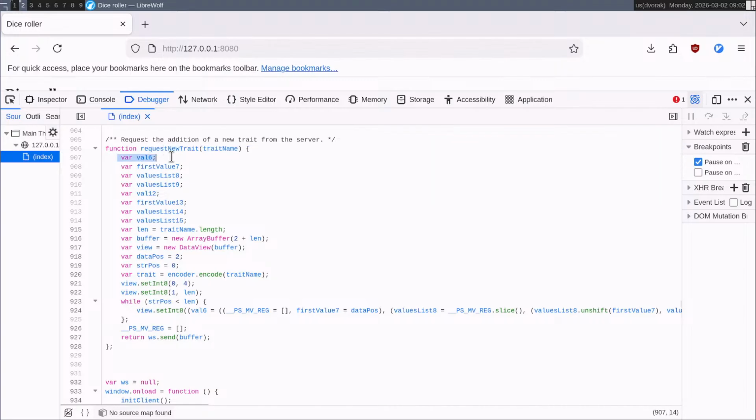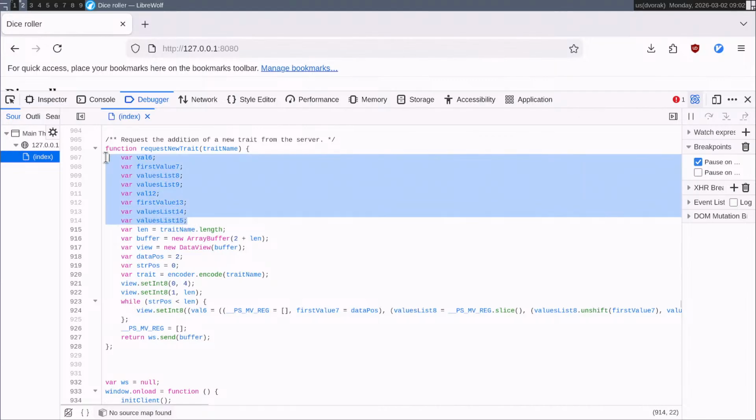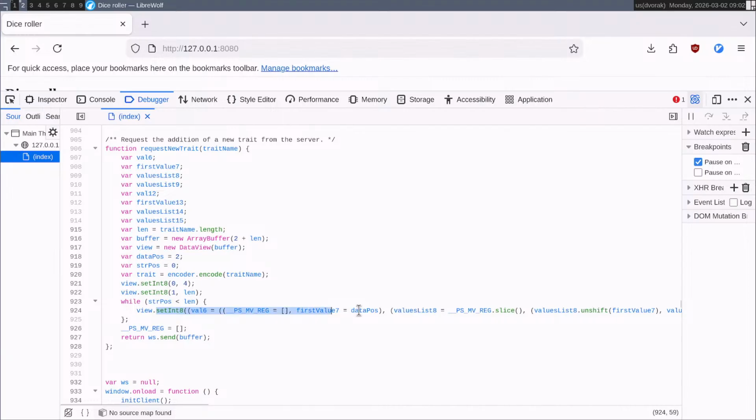I don't know what val6 is. I don't know what first value is. I don't know what values list 8 is. Values list 9. Val12. First value 13. Values list 14. Values list 15. So I'm guessing that down here I'm going to find that it didn't like some of the code that I wrote.